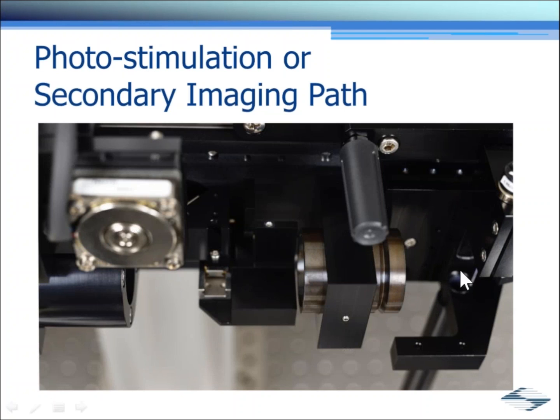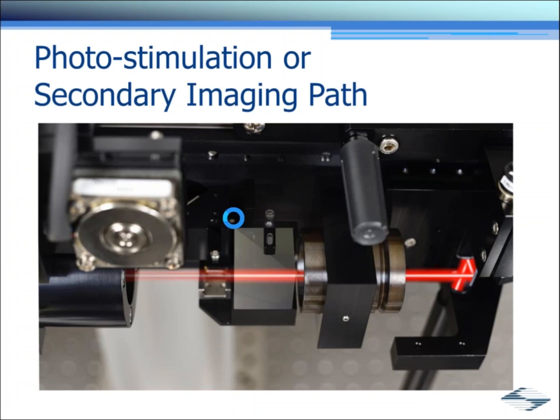And the beam would go from the scan mirrors through the scan lens and then forward into here. It's not shown, but a tube lens is inside this module. So here you can visualize what the beam path would look like. And what I'd like to show you is actually this area right here.